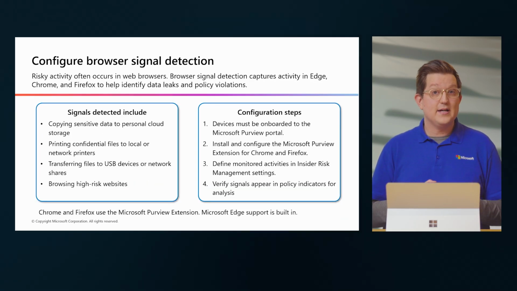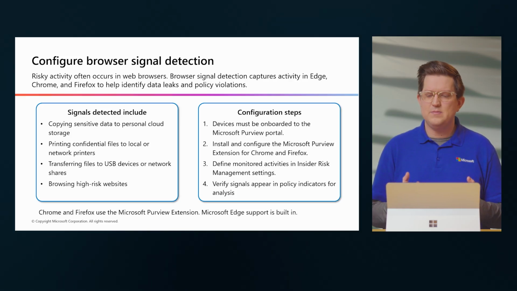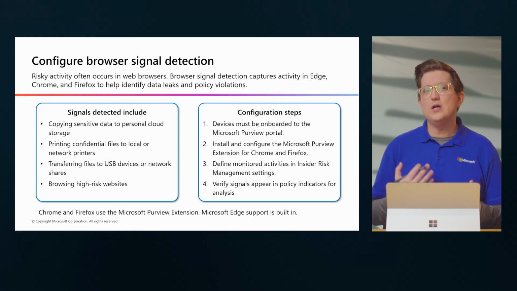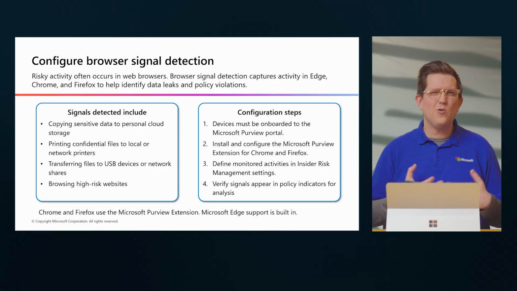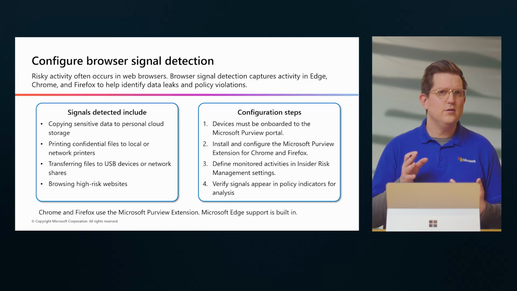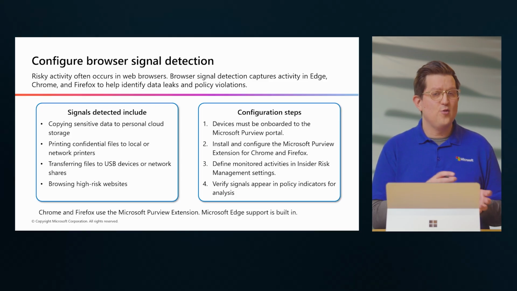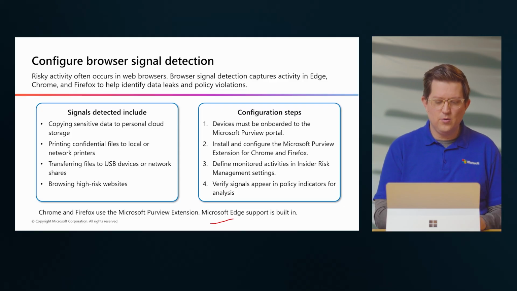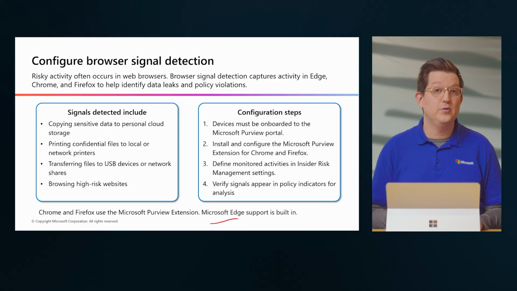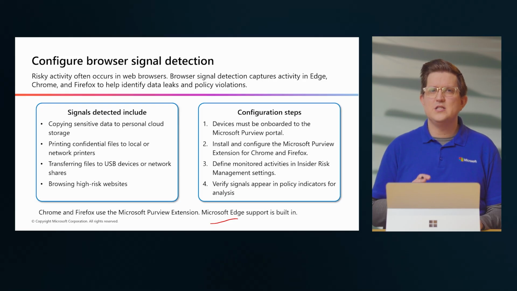Now, the reports provide us great visibility, of course, but there's actually a mechanism that we have to be able to enhance visibility beyond the standard reporting structures. Effectively, if you are looking to get better enrichment on these reports and you're finding not all the information you were expecting is there, you may wish to consider direct browser signal detection. This is utilized directly in Chrome or Firefox via an extension, or if you're using Microsoft Edge, the support is built in. But what it allows us to do is monitor how someone uses the browser